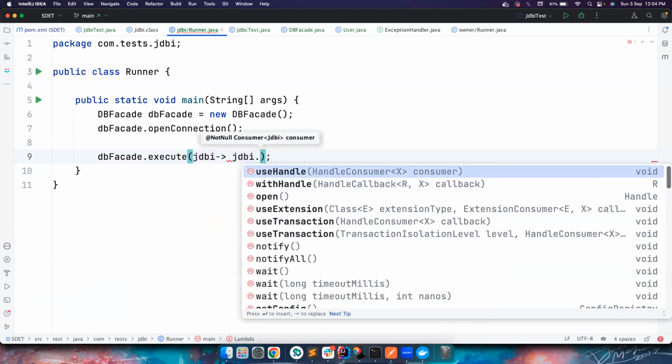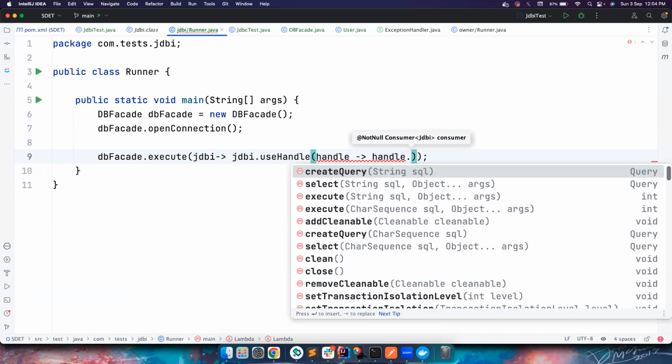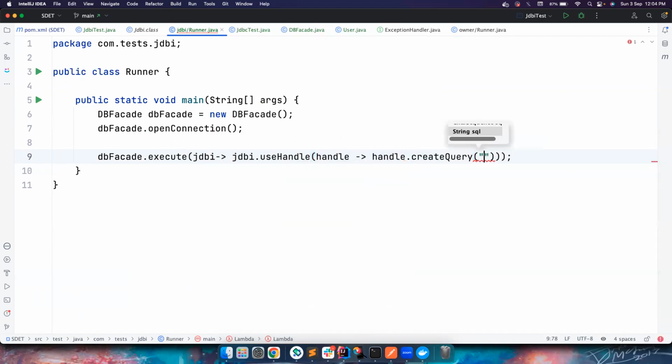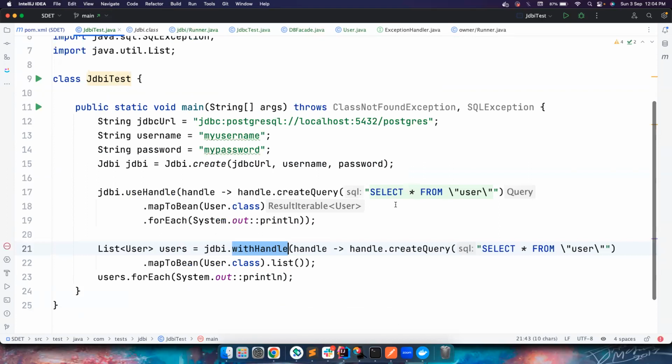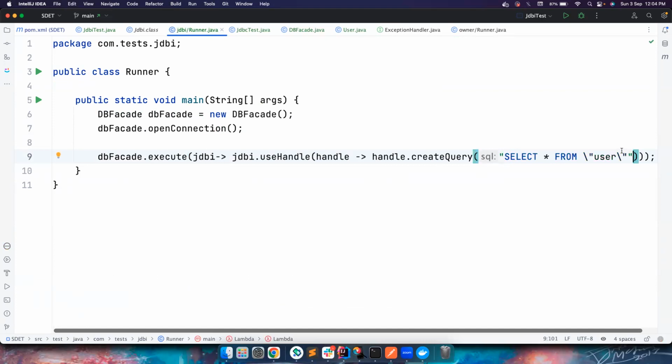So here useHandle, because I'm not going to get anything out of it. And if I pass a handle and say handle.createQuery, and whatever the query is that we have used before, right? So you can do any of these, okay, and go here and put it here. So once you execute this particular query,